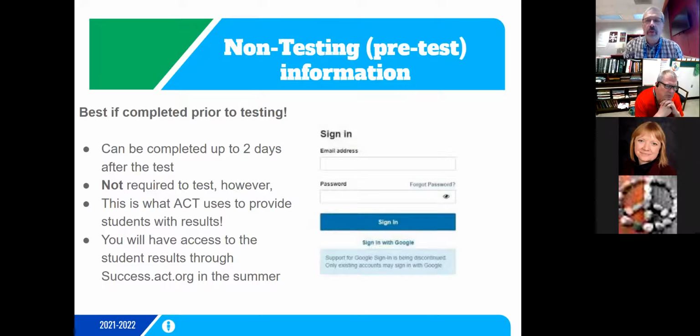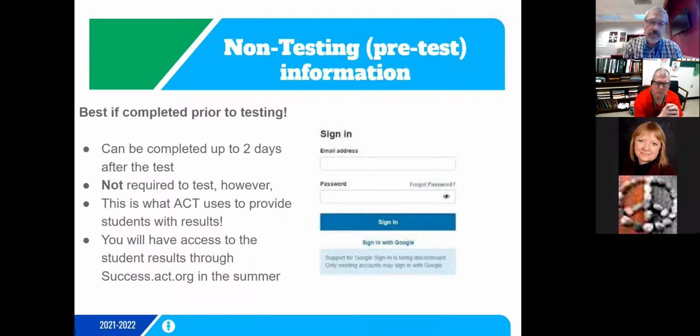Yeah, so again, the ACT code that I pulled and sent to each of you was based on the DPI's upload of student information on the 19th of January, which, as Ben pointed out, was just days before semester, and we know how many changes happen at semester. So you might have a couple dozen students who are new to your building, who change from one school in Madison to another, or who change districts.